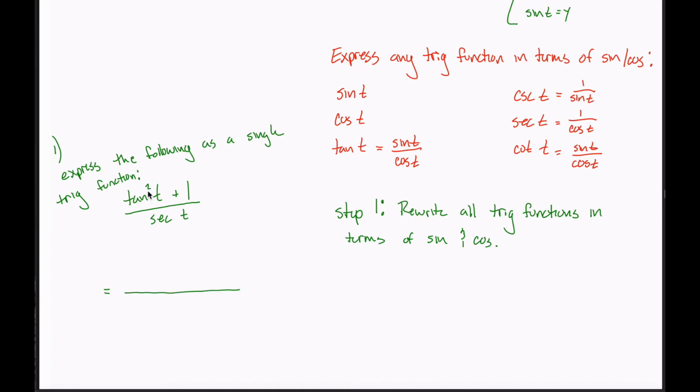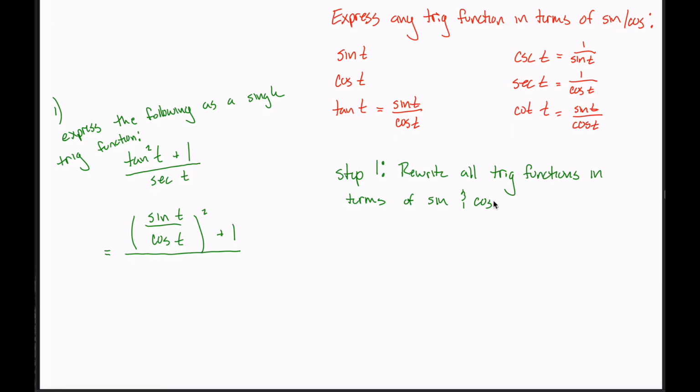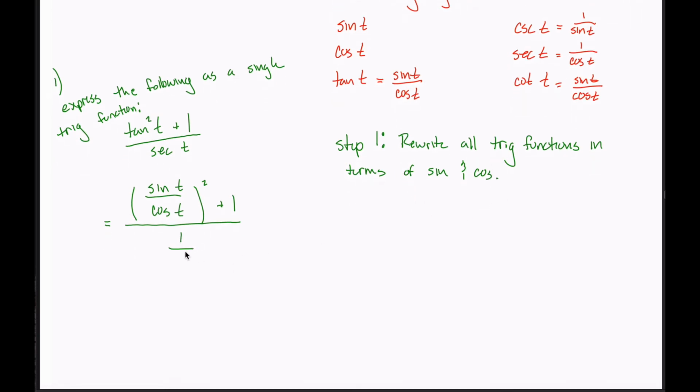So in this specific example, tangent squared of t is weird notation that really just means tangent of t, squared. And tangent of t is just sine over cosine. So I can replace tangent of t with sine of t over cosine of t if I remember to square this entire thing. And then I have to add 1 for this one. And down in the denominator, I got the secant of t, but remember secant is just 1 over cosine, so I'll replace the denominator with 1 over cosine of t. My expression, as ugly as it may be, now only involves sines and cosines,